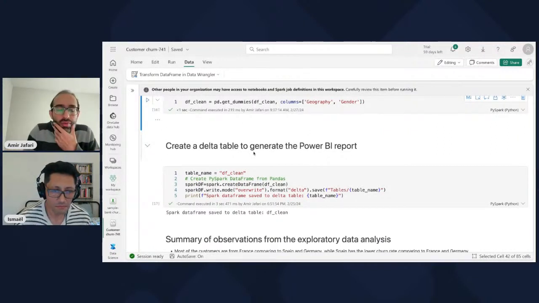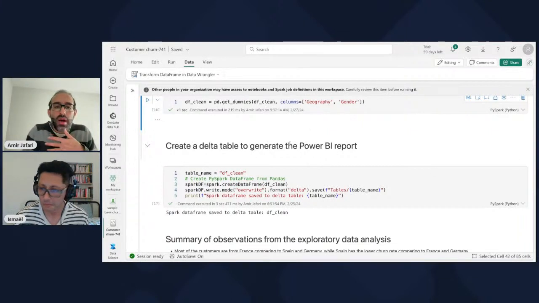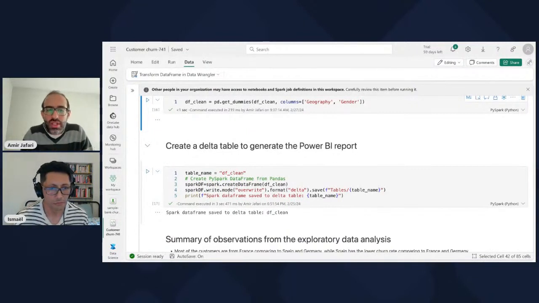Okay, so one thing that you can see here, I'm creating a data table to save this. So I have clean data. I've cleaned the data and all of that, so now I want to actually save this one. You might question, why am I saving this to my lakehouse? I'm saving this table data in a new table called df clean to my lakehouse, because later on